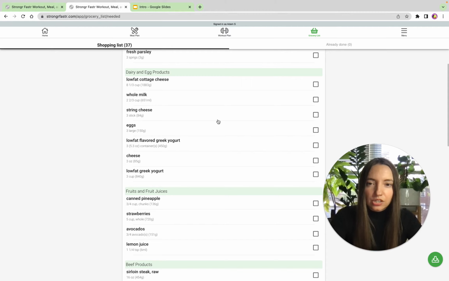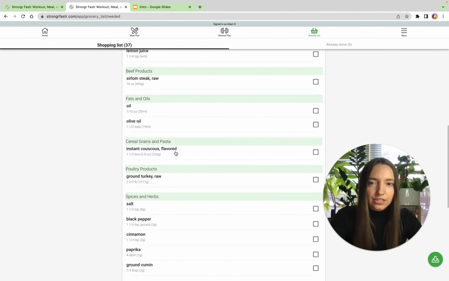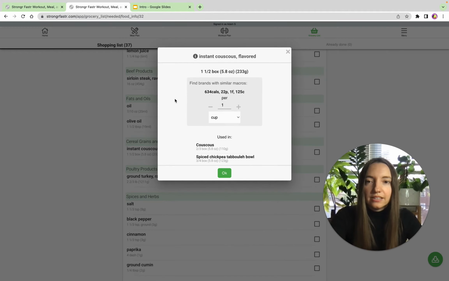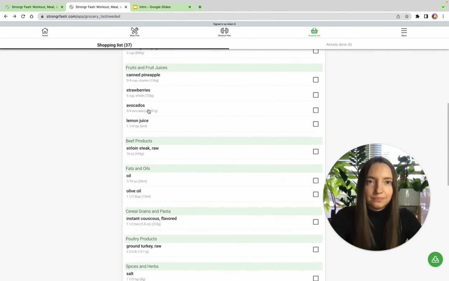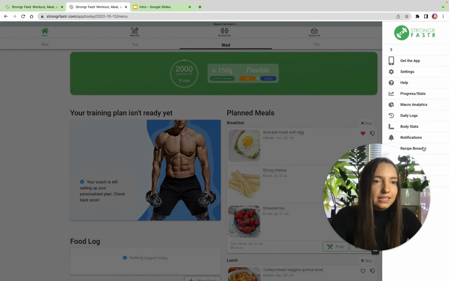We also have a feature if, for example, he wanted to make sure that he was picking the right brand of couscous, he could click this, and this tool will allow him to find brands with similar macros on the shelves. So it gives him an ability to make sure that he's picking brands that are in line with what the app suggests. And another thing I want to highlight is that he also has this recipe browser